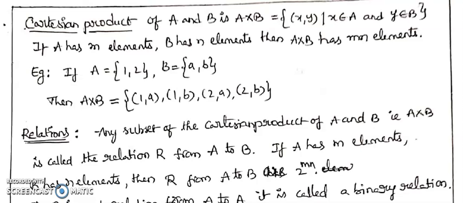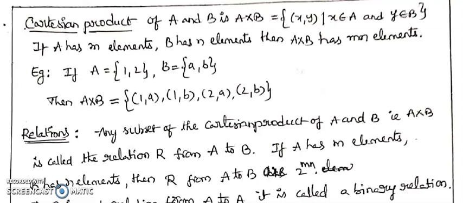We start writing the elements of this Cartesian product starting with the first entry of the first set and pairing it up with each element of the set B. Then we move to the second element of the first set and pair it up with each element of the set B. In this way, the Cartesian product can be formed between any two sets. Now, based on this Cartesian product of the two sets, the relations are defined.